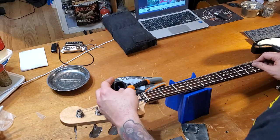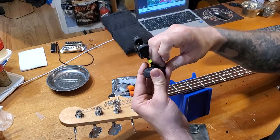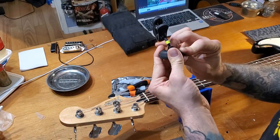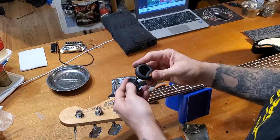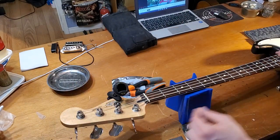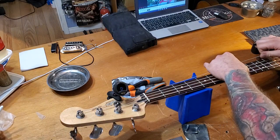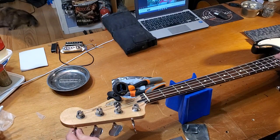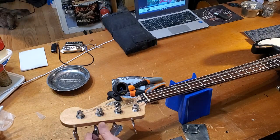Need a new battery here or what? Sometimes it's not seated properly, and if you reseat the battery, all of a sudden it has juice again. Oh my god, what's going on in here? No, this battery's getting old and shitty. So, I'm gonna need a major neck adjustment, some intonation,